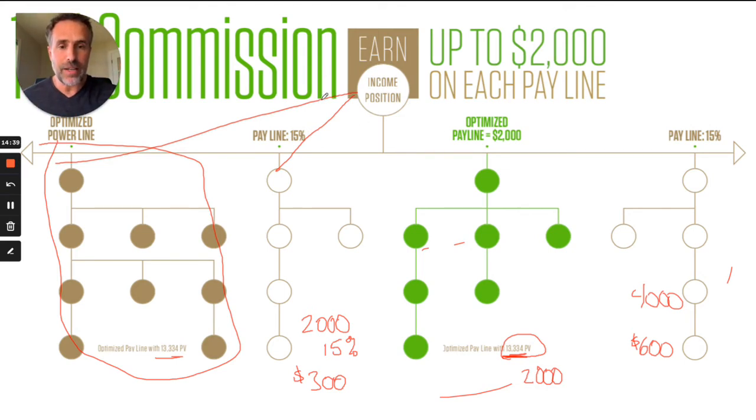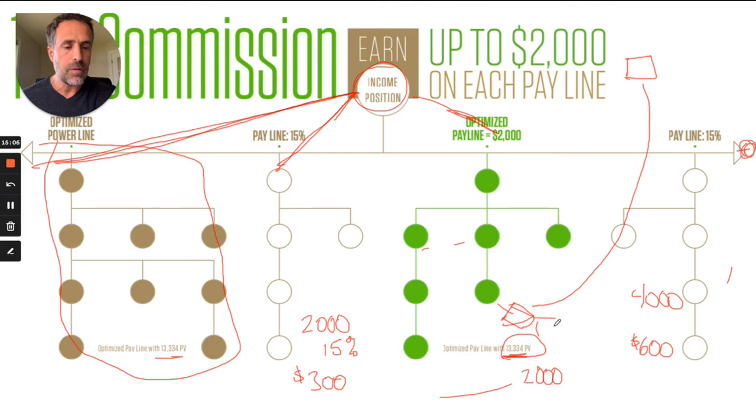If you optimize, the first time you optimize 2 lines, all right, in this example, it would be this one and line 3. Okay? So you've optimized it. What the company does is they add you a new line here that you can start to build whenever you want. They also give you a new income position, like the one at the top, that you could place down below in your own organization and start to build a brand new team with the power line and pay lines, and keep on building down deep so you can earn more in the depth of the compensation plan. All right, so that's the base commission.